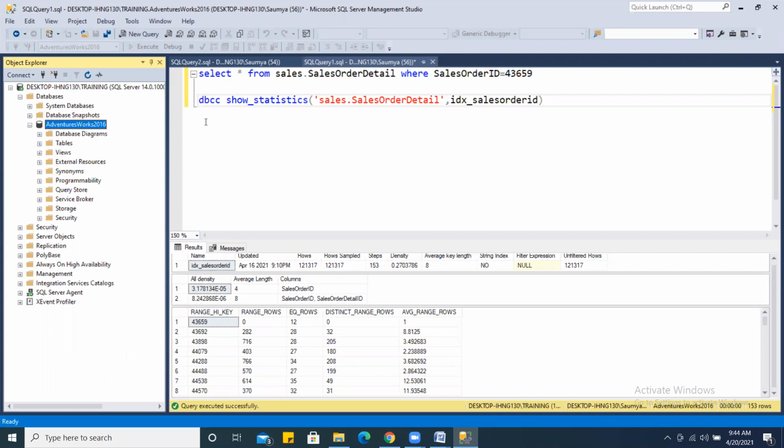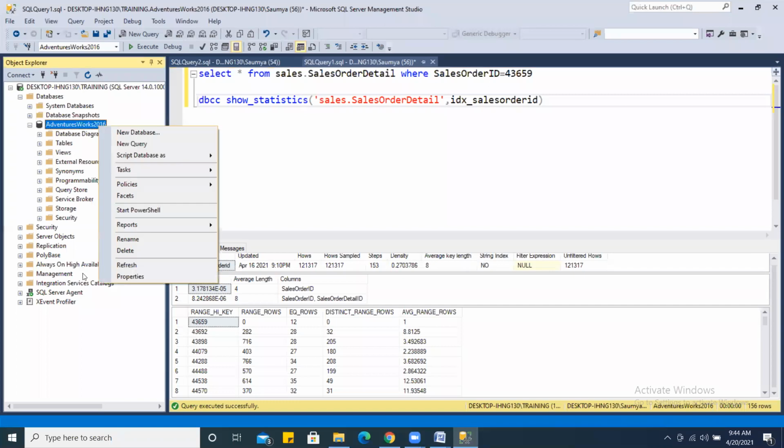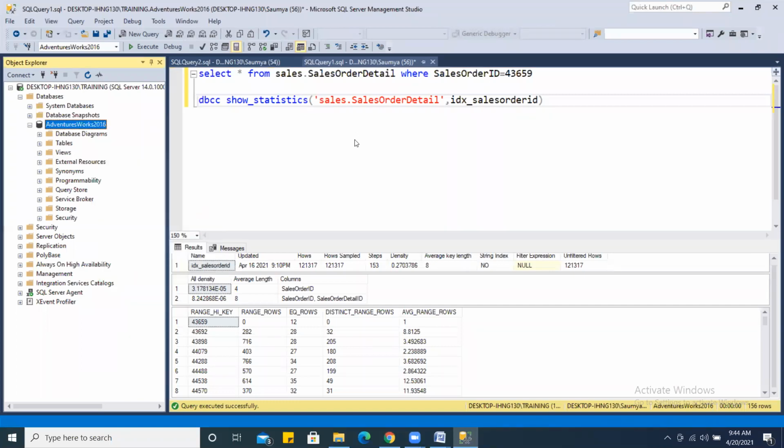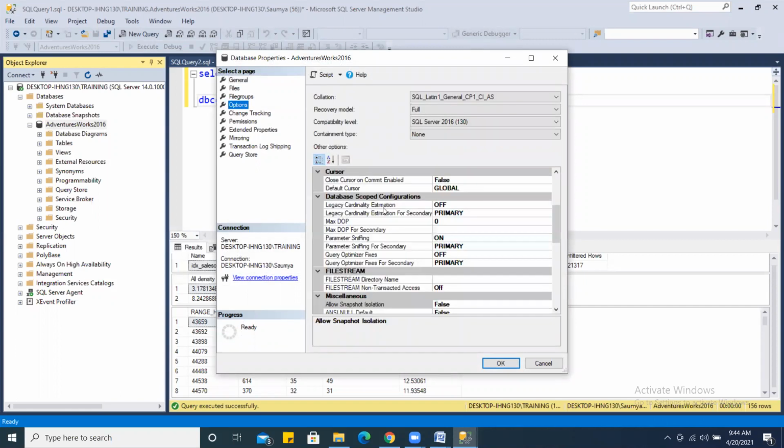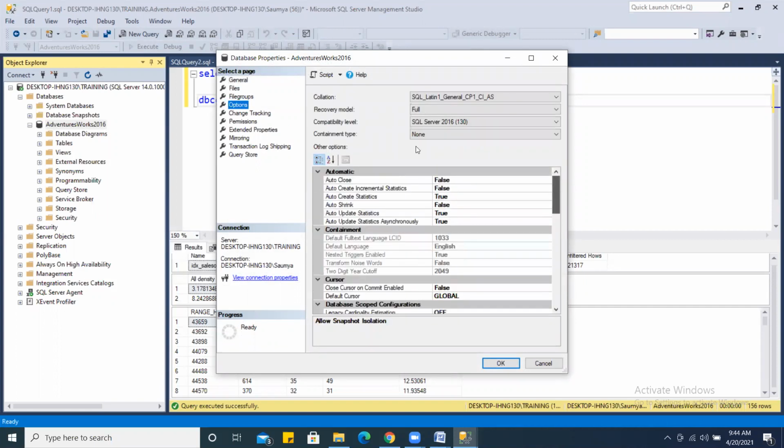But there is a drawback of auto update statistics. That is not exactly a drawback, we can say it's a limitation. What is the limitation? Say, for example, you have a table that consists of 10 million rows.